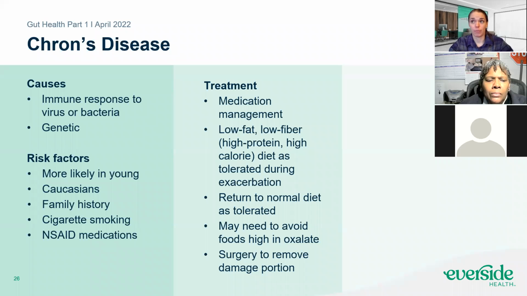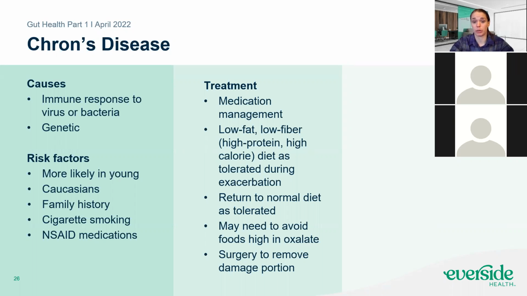fiber foods. So vegetables, make sure they're really well cooked. You might want to avoid some vegetables, especially ones that have the oxalate in them. Oxalate's commonly in like spinach or broccoli. It's been termed an anti-nutrient. It kind of can bind things up and make it harder for things to get digested. So avoiding those kinds of foods. And as you're able, just gradually returning to a normal diet, slowly increasing the fiber. Again, I emphasize slowly increasing fiber. If you increase fiber too quickly, you could cause another flare up here too.